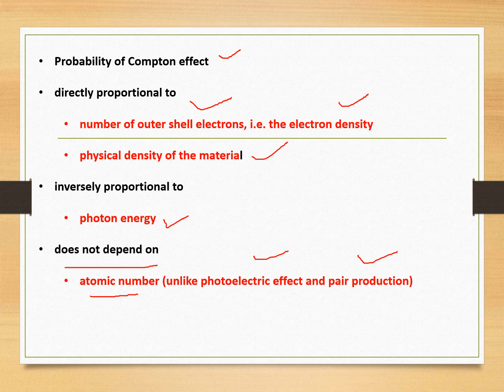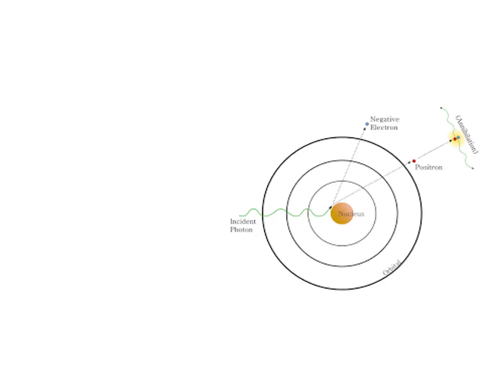In the case of barium and iodine, if the atomic number increases, the photoelectric effect will increase. That's why it produced that K edge we saw in the last class, right? This one is iodine, and the second dotted line is barium. The K edge again will increase. This is the concept. So the photoelectric effect depends upon the atomic number, but in the case of the Compton effect, it doesn't. Hope you understand. This is about the Compton effect.